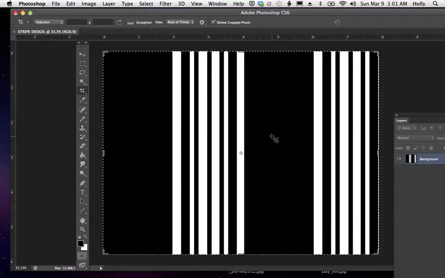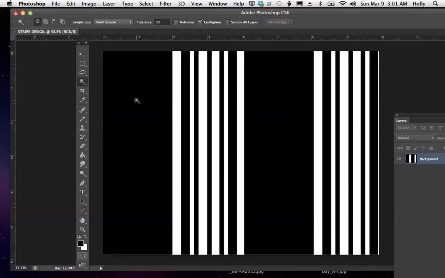Now, say if I wanted to use this stripe and I wanted to do some variations on it, I can select a motif or a texture from my pattern library, possibly anything in there. Let's say I want to fill in one of these stripes, maybe this big black stripe here. Whoops. I want to select that